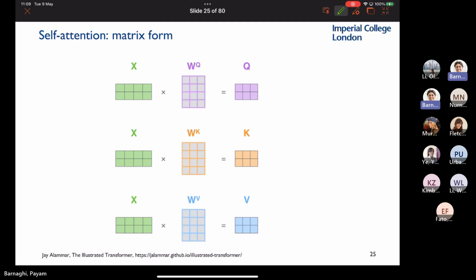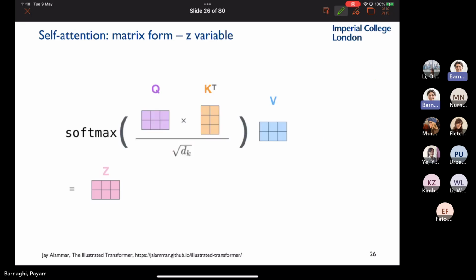Just in a vector form, I mean, if you are not interested, but just showing the same thing. If you had 2 inputs, you just stack them up and it becomes a vector. You multiply it by weights of your query, weights of your key, weights of your values, and you get the query, key, values, and the multiplication of these 2, the dot product of these 2, will give you the self-attention weights. And you will use the self-attention weights to multiply by the values to calculate the output, and this will give you the Z. Imagine now you have created a self-attention, which the only thing it learned